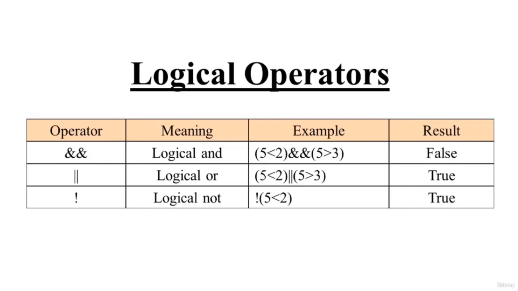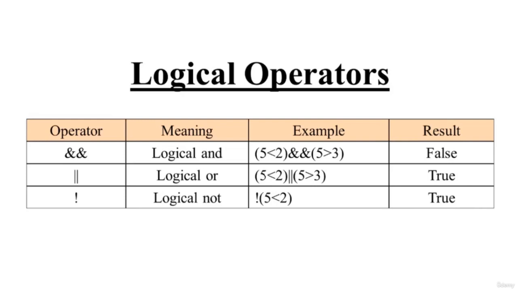to do some operation. For example, if I'm doing the login thing, I want the username and password both must be the same in order to do the login. So for that I will go for the AND operator. But if you are okay with any of the conditions being satisfied, then you can go for the OR